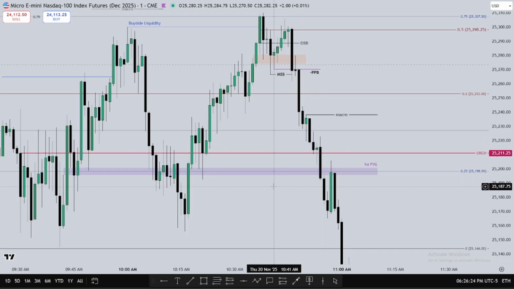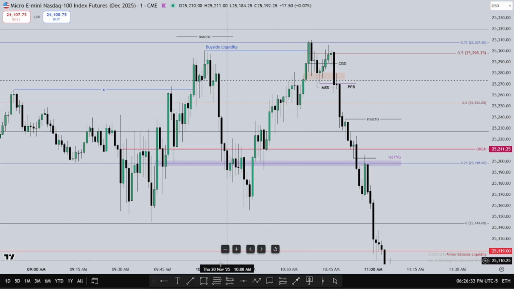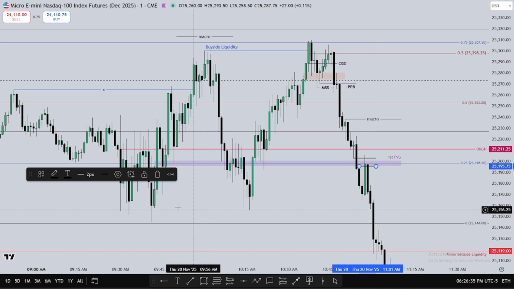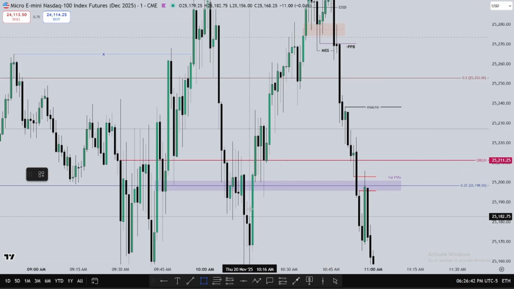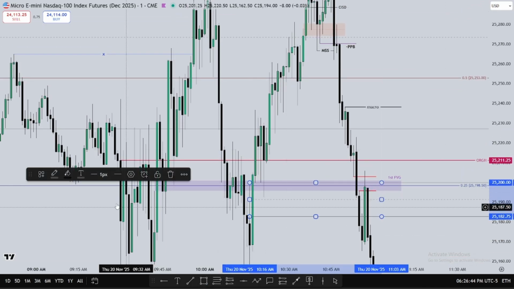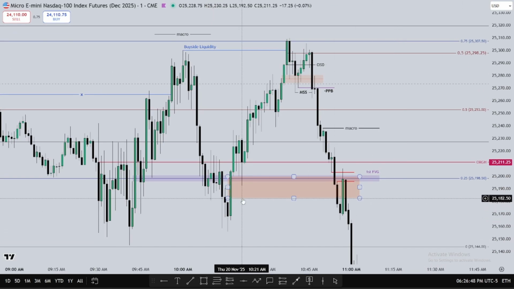Displace again. And here's where the highest probability entry comes from. So we're inside the macro. Fair value gap forms. Fair value gap forms inside a first fair value gap, inside of an inversion fair value gap. So you have 1, 2, 3, best part of it